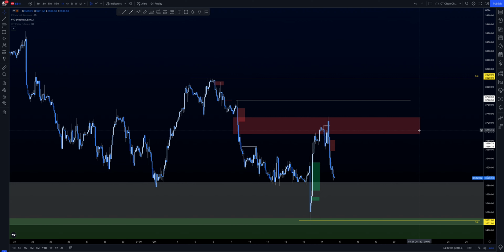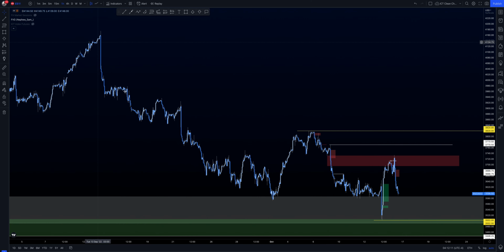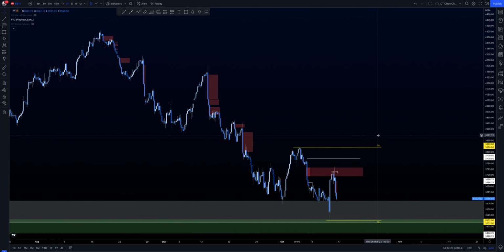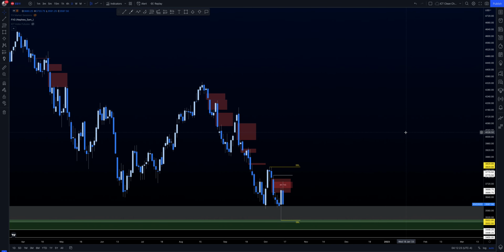So the market at the moment isn't very clear for me, because I like to see a nice structure on the 1-hour time frame, something like this, because that gives us an easy indication of where the market's going. But you can see now it's a little bit too choppy for me. However, the overall momentum is still to the downside. We've not had any confirmation yet to say that we are reversing either short term or long term to the upside. The whole global economy at the moment is screwed, so there's nothing to indicate that we want higher prices, unless obviously they start to announce really big